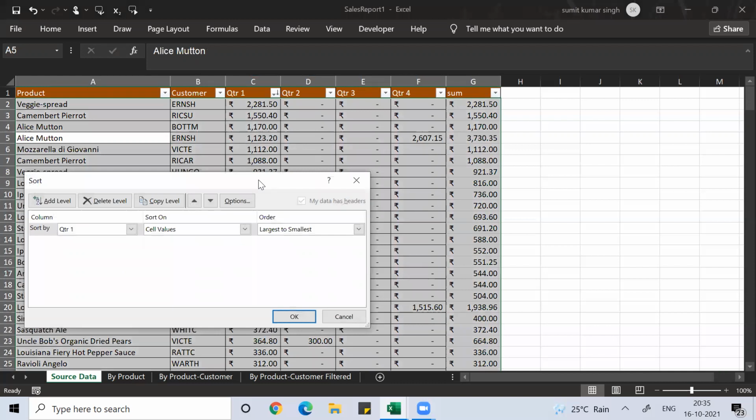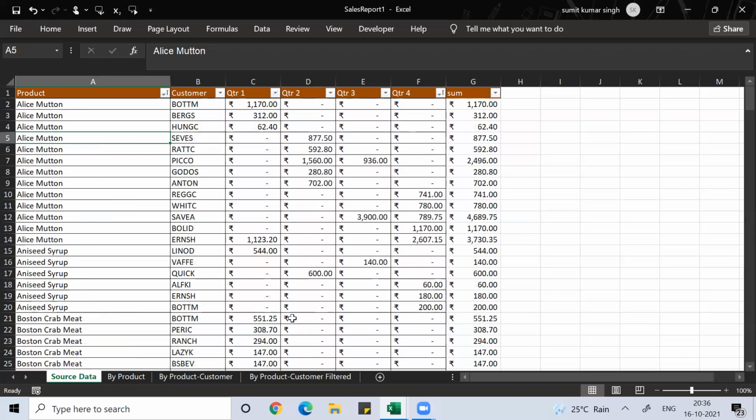You can sort by product Z to A or A to Z, then add level, then by quarter four, smallest to largest, and then you press OK. It will do the work the way you want.